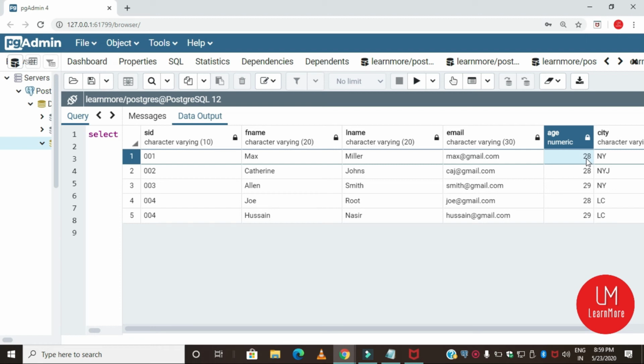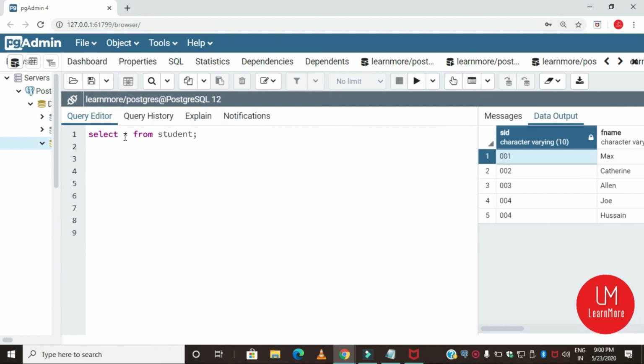Okay, let's try. I want to display the first name, comma, age from student, where city equal to New York and age equal to 28.